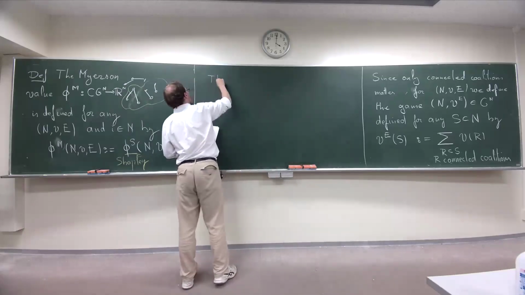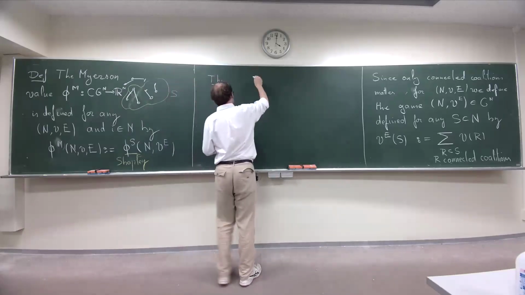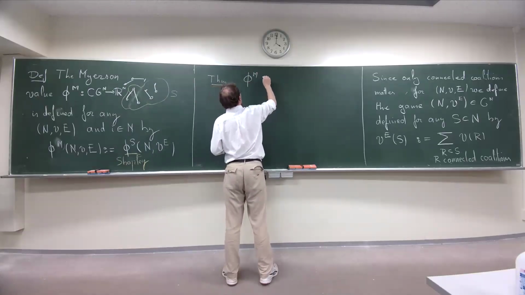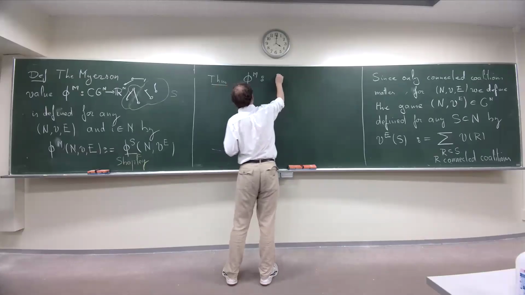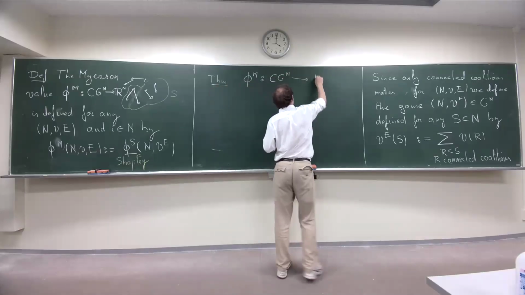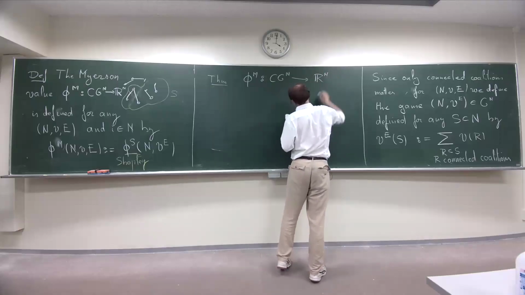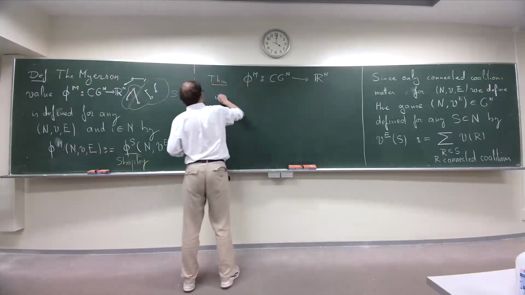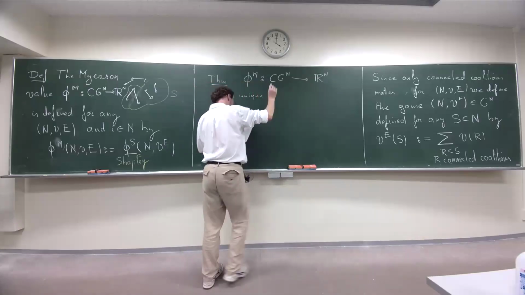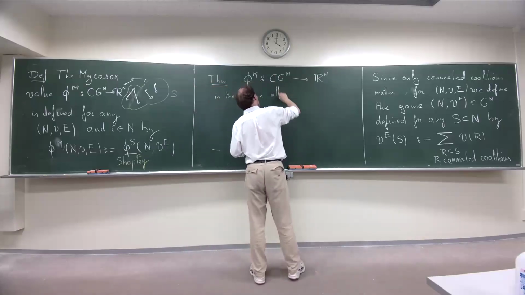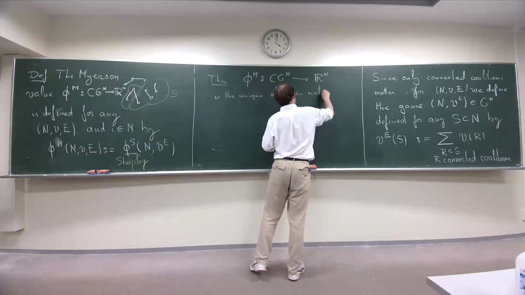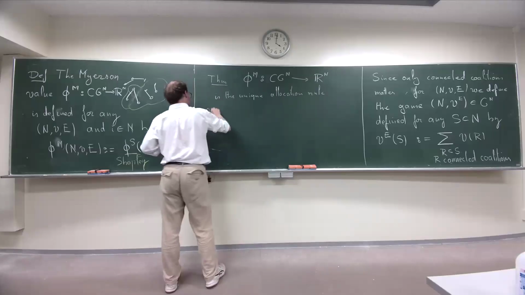Theorem. The Myerson value from all TU games with communication graph to R^n is a unique allocation rule which satisfies